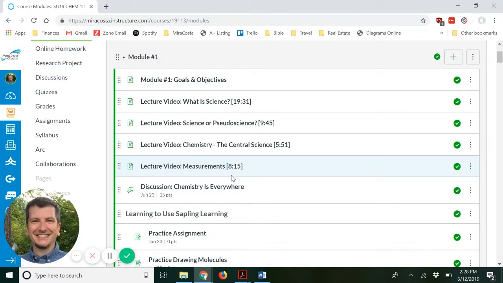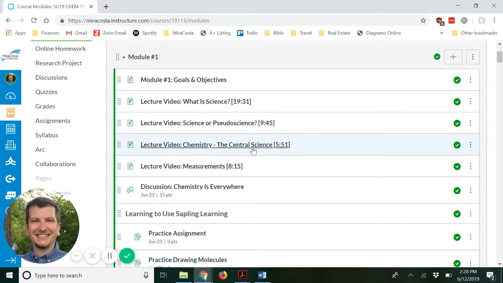And then sometime after Thursday night and before the module ends on Sunday night, you have to come back and read through all your classmates' responses and reply to 1, 2, or 3 of your classmates, depending on the directions. So in a nutshell, you will read the discussion prompt, respond to the discussion by the end of Thursday night, and then come back and read your classmates' responses and reply to some classmates by the end of Sunday night.